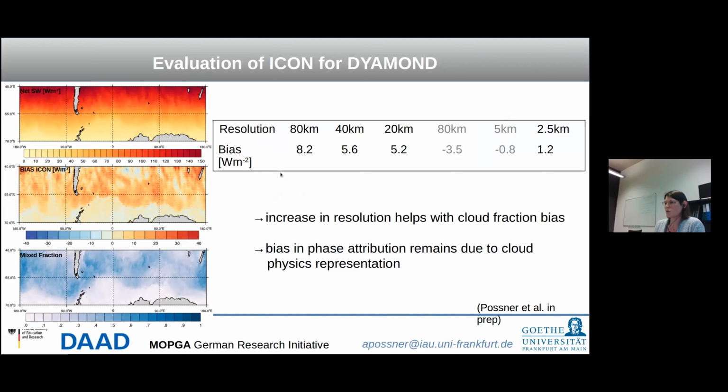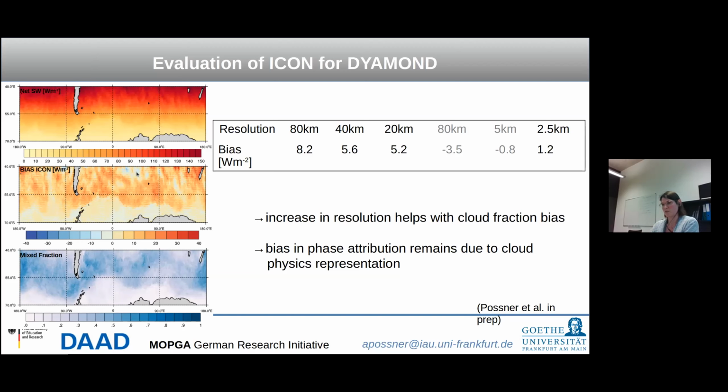As you go down in model resolution, this is the bias average now over the entire region. It reduces, but that's due to a combination of factors. Yes, it helps with the bias inside of these mixed phase clouds, but it's also due to a compensation of errors. So regions where you see blue here, so the clouds are too reflected, correspond to regions of pure liquid